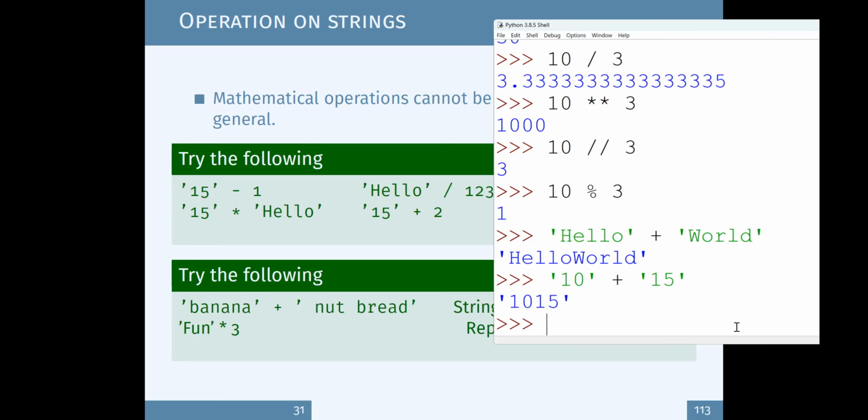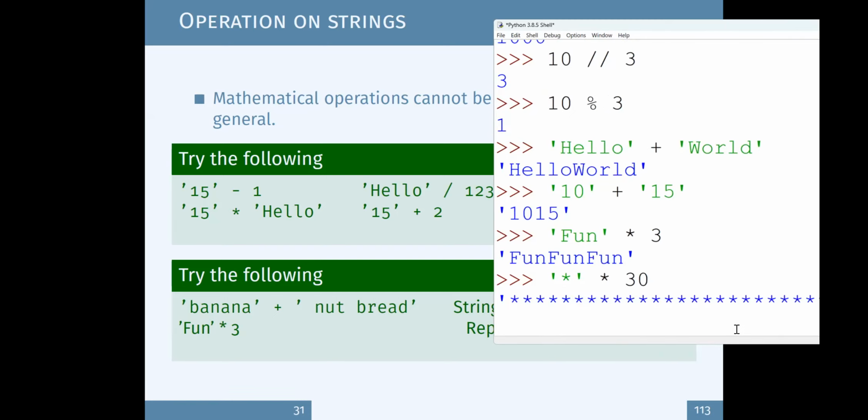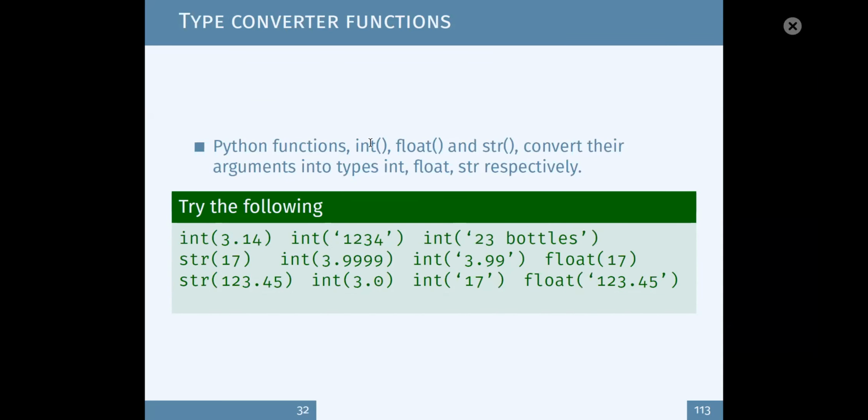Then repetition. So fun is a string multiplied by 3, and you will get fun, fun, fun. For example, an asterisk, if you multiply it 30 times, this is how it looks. Right. So what you need to get from this is that not all the operators work with strings, but some work.